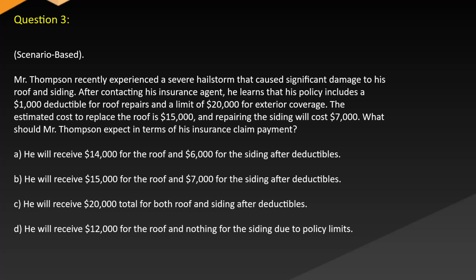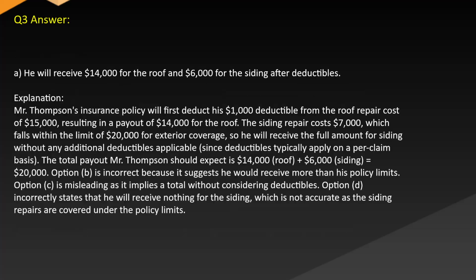D. He will receive $12,000 for the roof and nothing for the siding due to policy limits. Answer: A. He will receive $14,000 for the roof and $6,000 for the siding after deductibles. Explanation: Mr. Thompson's insurance policy will first deduct his $1,000 deductible from the roof repair cost of $15,000, resulting in